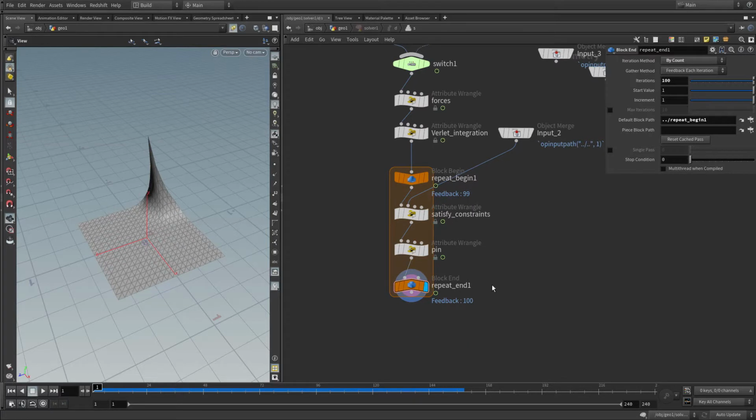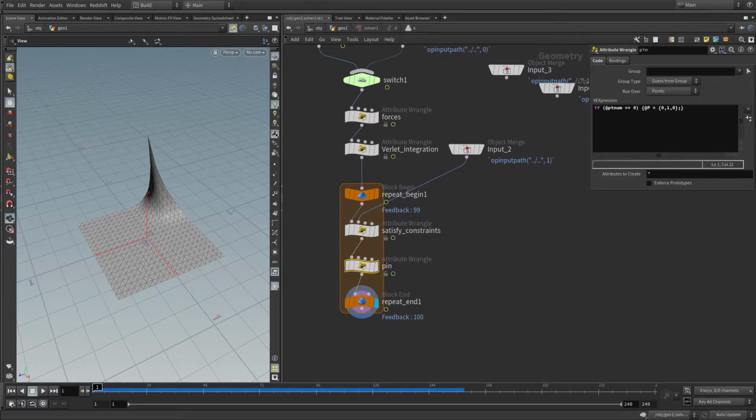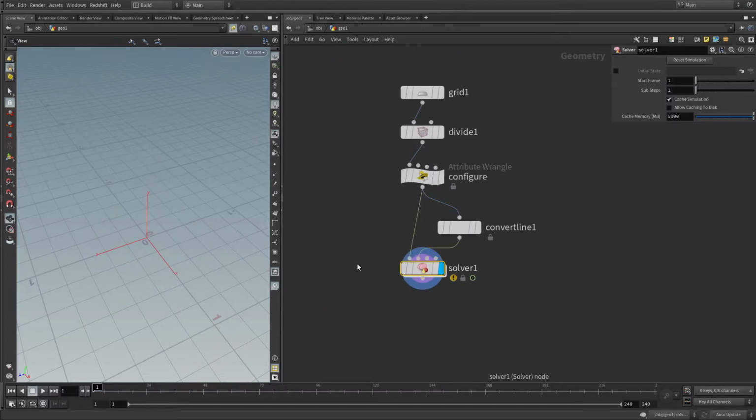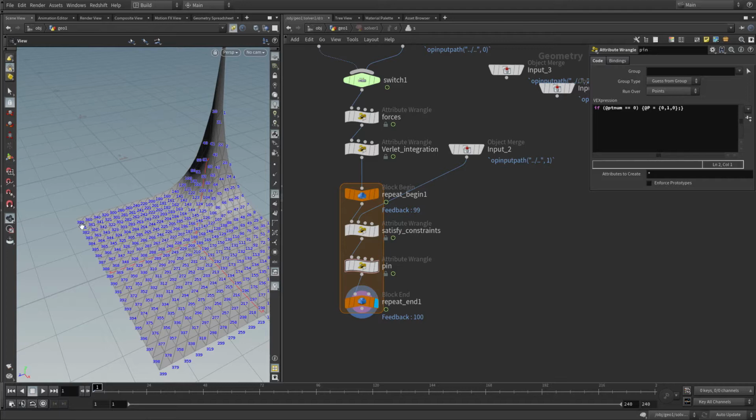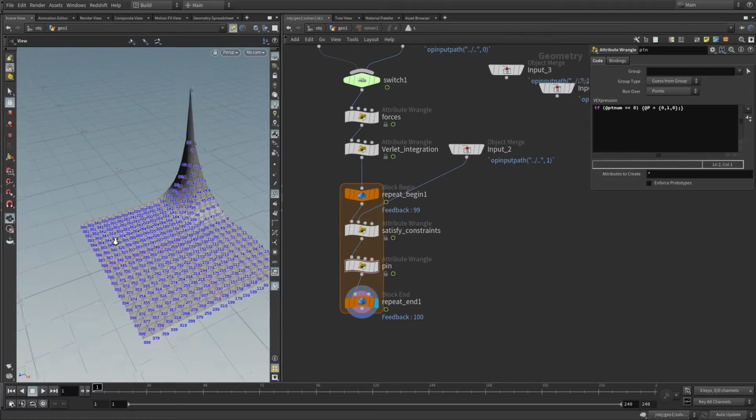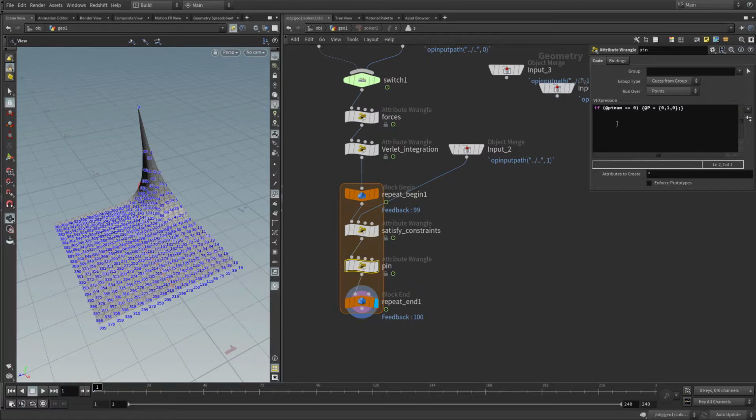And maybe let's make this pin a little more interesting by saying else if the point number is, let's see which point to constrain. Let's go up one level. Well, of course, now it is erroring out because I wrote this here. Let's take it out quickly just to see the point numbers. This is 380. So let's constrain point 380. So else if point number is 380,